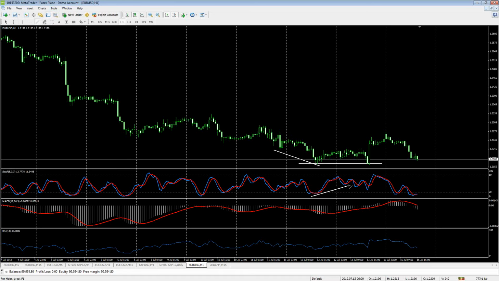Okay, and well, here, because the stochastic is pretty fast, and the shape of the double bottom wasn't a classic double bottom shape, like a W shape, then the stochastic doesn't give us a clear divergence too, but we'll see other examples. And the MACD, so you can see here